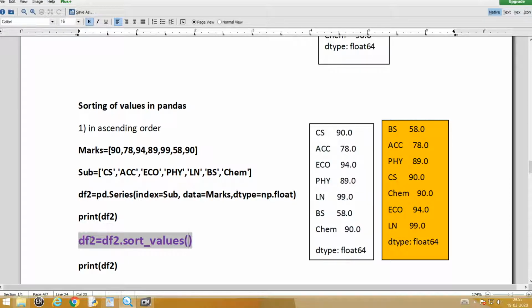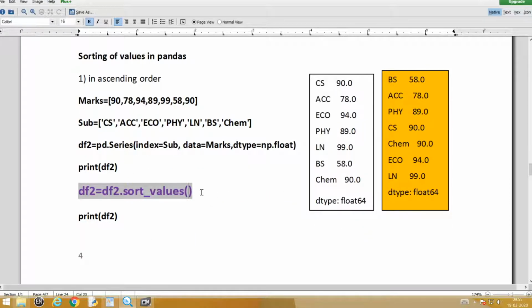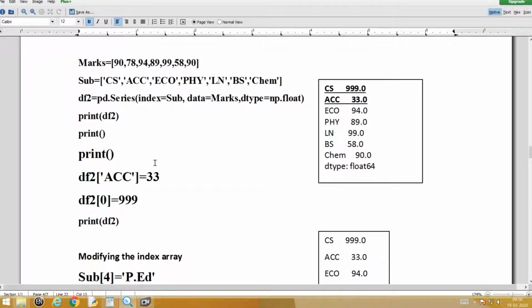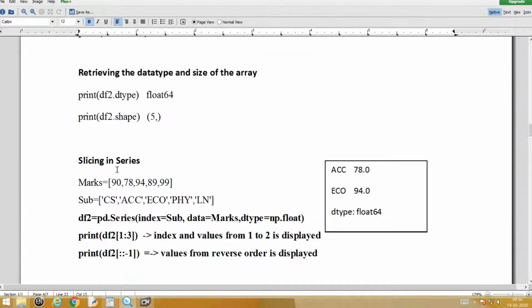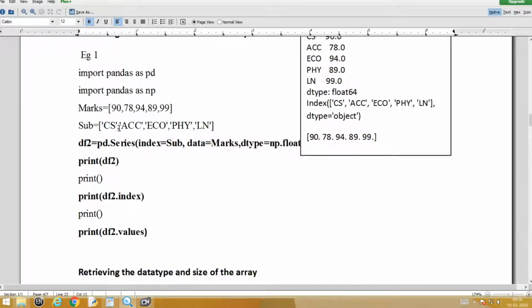After that you are introduced with the new function called sort_values, which is of course again a part of your corresponding df2, that is not with PD. You should understand from now onwards, with PD you can create PD.series, and then you came over here, you created again PD.series.